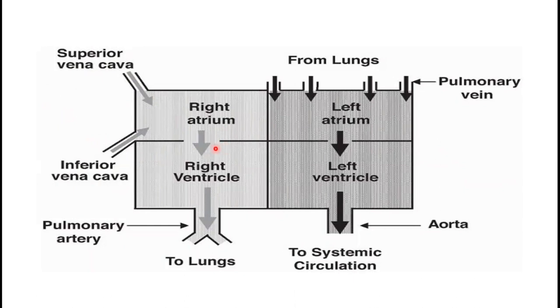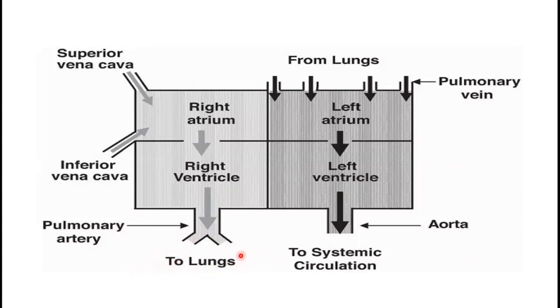Right atrium entry into right ventricle is guarded by a valve which is known as tricuspid valve. So this blood transfers from right atrium to right ventricle. From right ventricle, it is taken to the pulmonary artery. This entry point of pulmonary artery is again guarded by a valve which is known as semilunar valve. From right ventricle through pulmonary artery, the deoxygenated blood is taken to the lung.